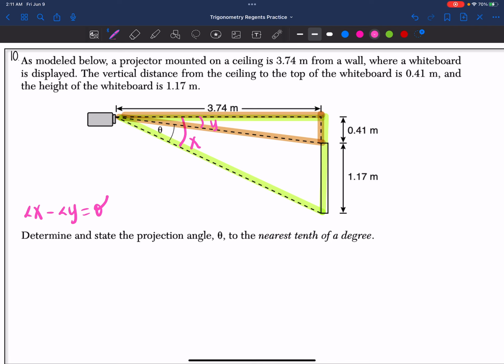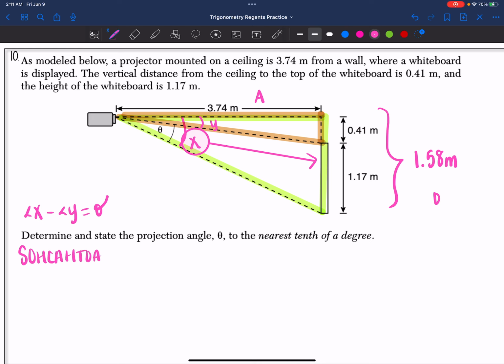So our green, which is this angle right here, if I use this angle, what's opposite it is this whole section right here. So one part is 0.41, the other part is 1.17, and when I add those two together, I get 1.58 meters. Well, that's going to be opposite, and then this is going to be adjacent. We know nothing about hypotenuse, so if I use SOHCAHTOA,